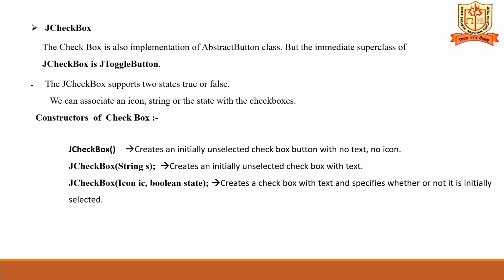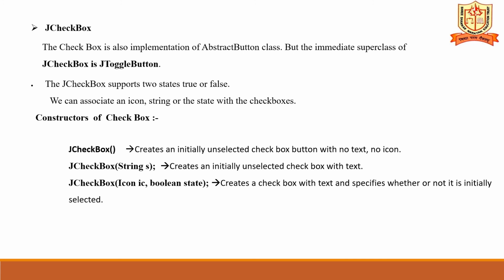Next swing component is JCheckBox. The checkbox is an implementation of abstract button class, but the immediate superclass of JCheckBox is JToggleButton. The checkbox supports two states, that is true or false. We can associate an icon, string, or state with the checkboxes. The constructors of the checkbox: